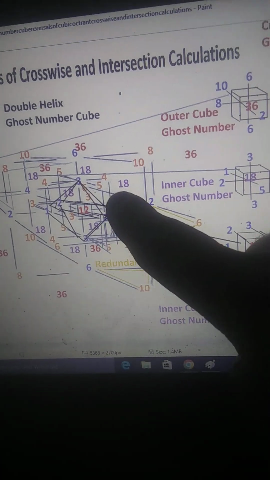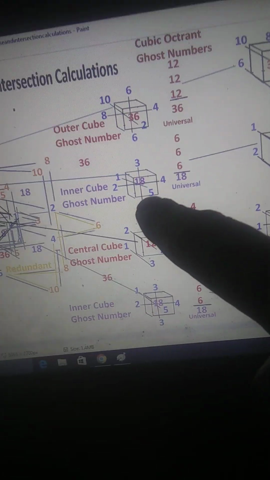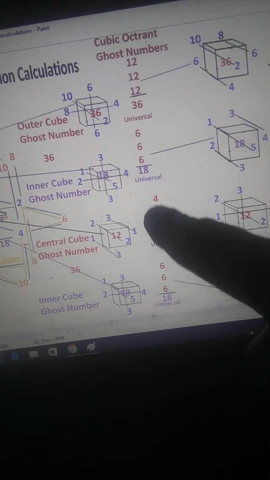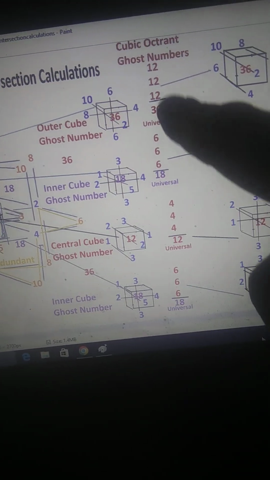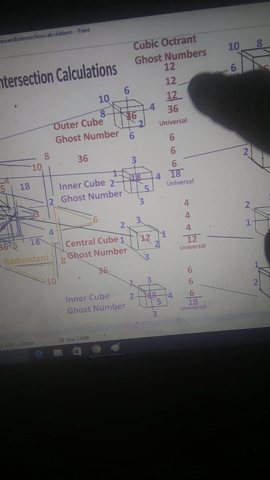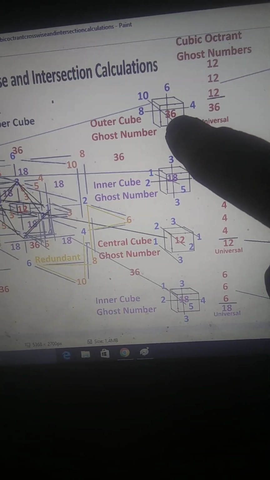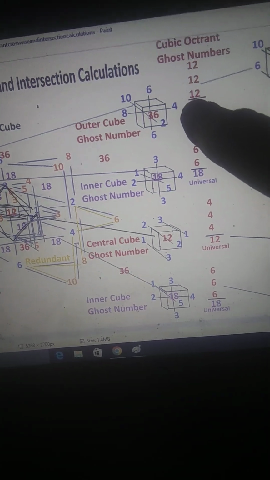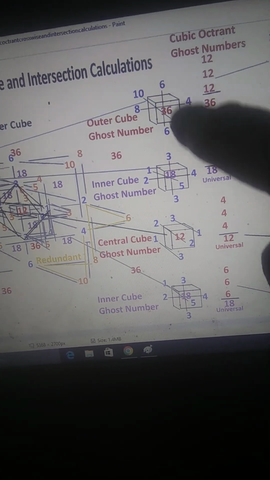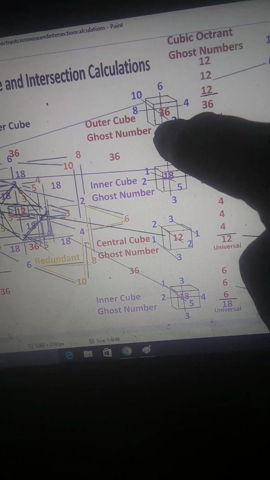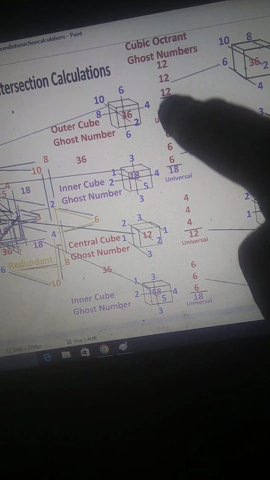This is the only one that has the property of being able to be both universal. They're all universal, all these cubic octant ghost numbers, which conserves the numbers to create a new ghost number out of these individual tiny ghost number cubes. They conserve the 12, 12, 12 to make it 36 out of all the numbers that crisscross in all these different cubic octants. This outer cubic octant, this inner ghost number cubic octant, the central ghost number cubic octant, which